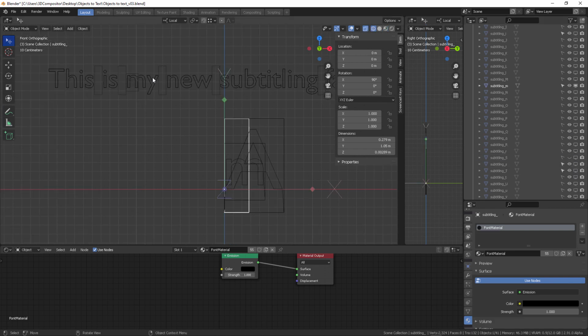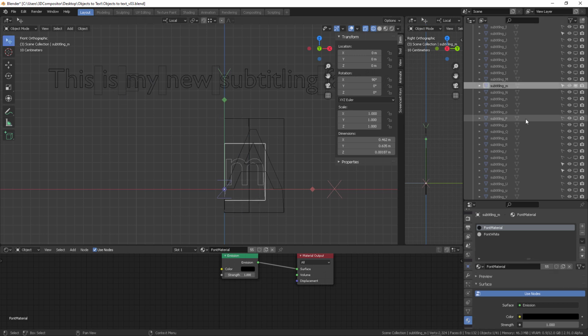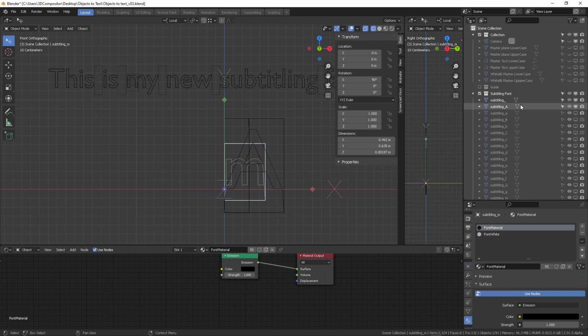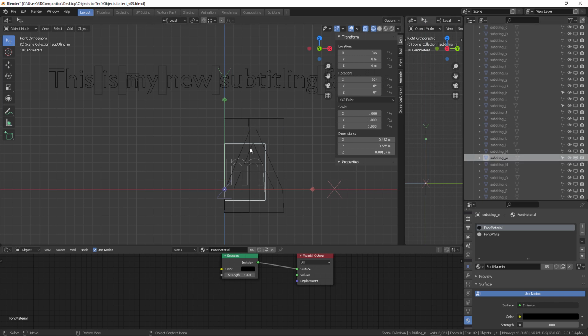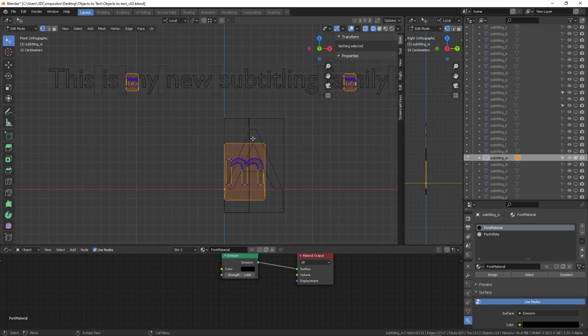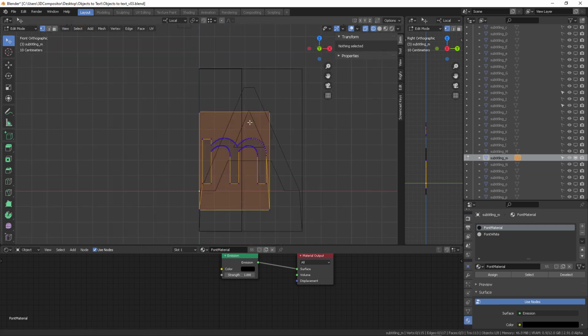Switch it off, switch off the S, and we're left with the space, okay, and the letter M and A. So why do we need the A? Because of the width. Why do we need the space? Because of the height. Select the M, press Enter, press Tab, going to edit mode, and from here I'm going